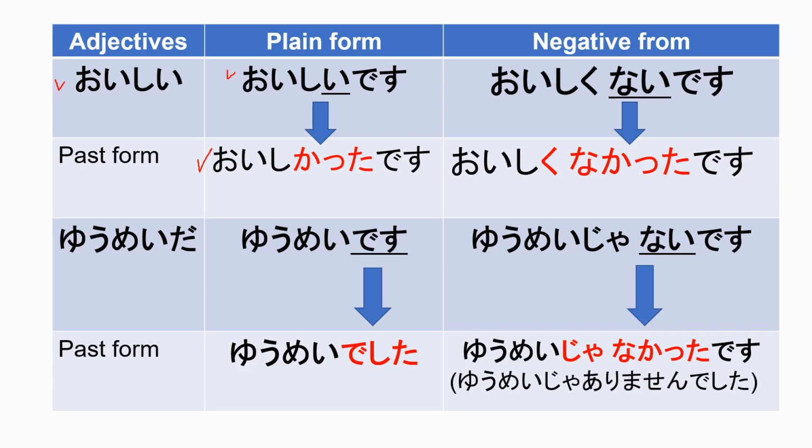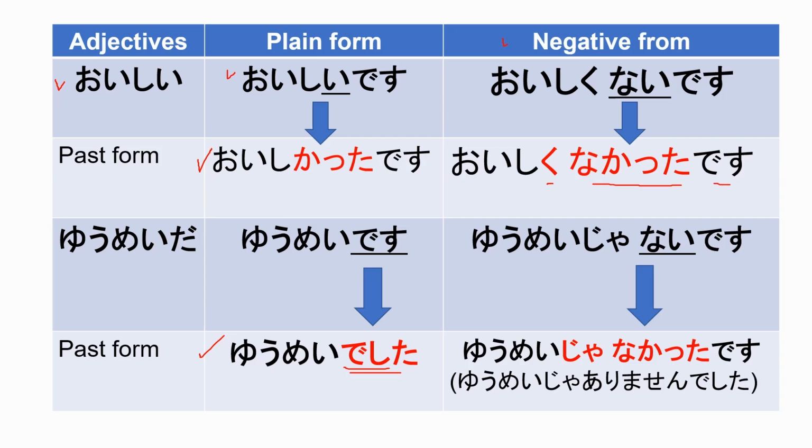The plain form is 有名です。So the past form is 有名でした。Not 有名かった。Next, the negative form of おいしい is おいしくないです。Right? But the past form is おいしくなかったです。